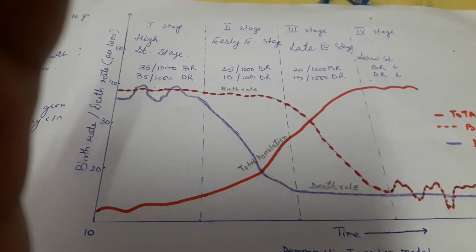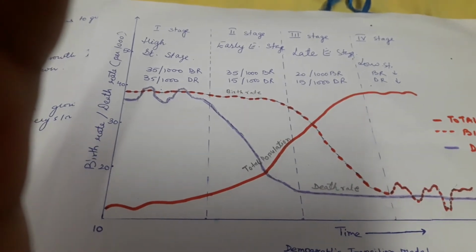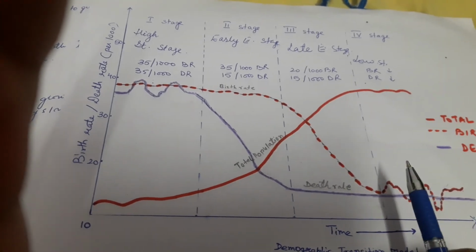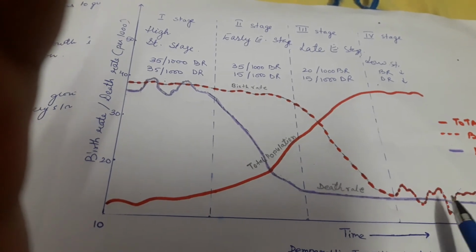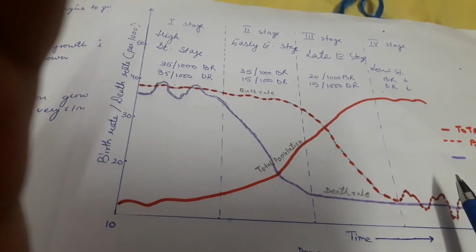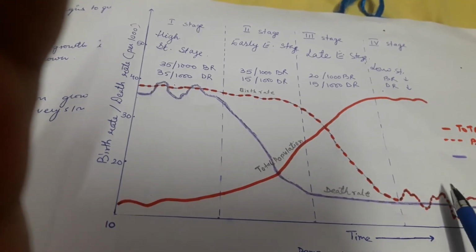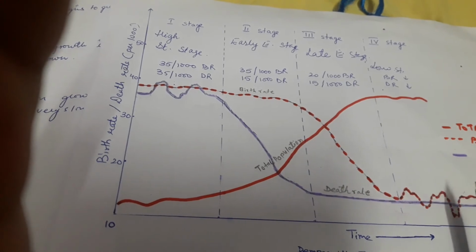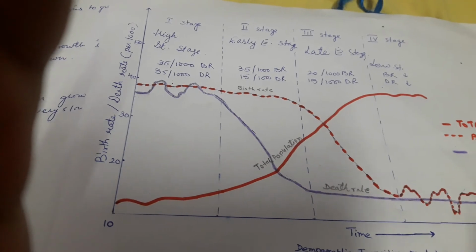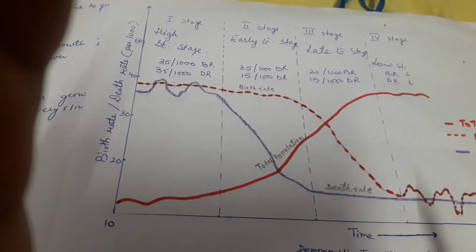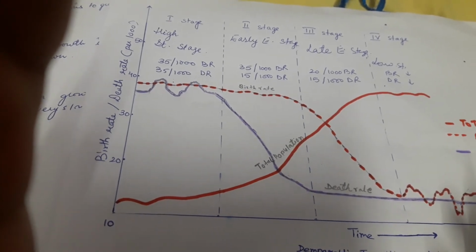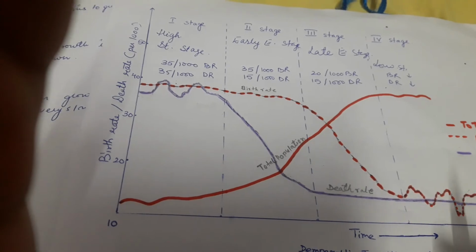Here we can see the low stationary stage. The low stationary stage is basically where the family size is usually small, where labor is skilled, where there is high literacy and education levels, where a high standard of living prevails. So what are the countries? We can name a few countries like USA, maybe European countries, Australia, New Zealand, Japan, Russia. All these countries have a high standard of living.